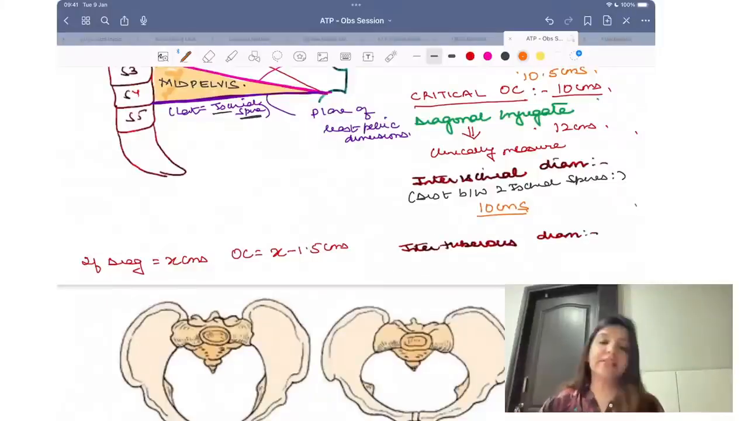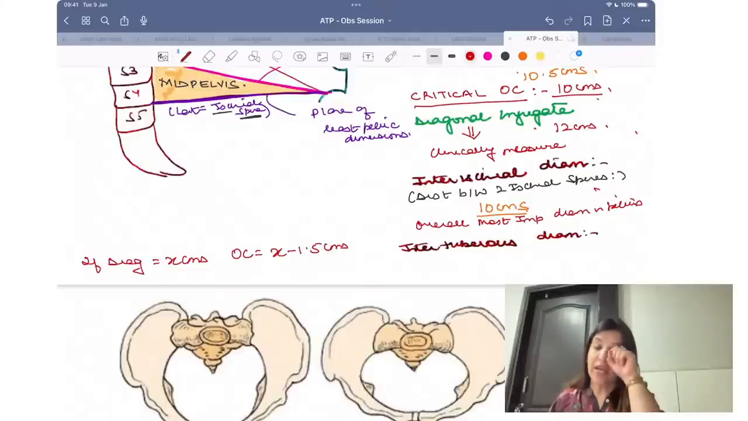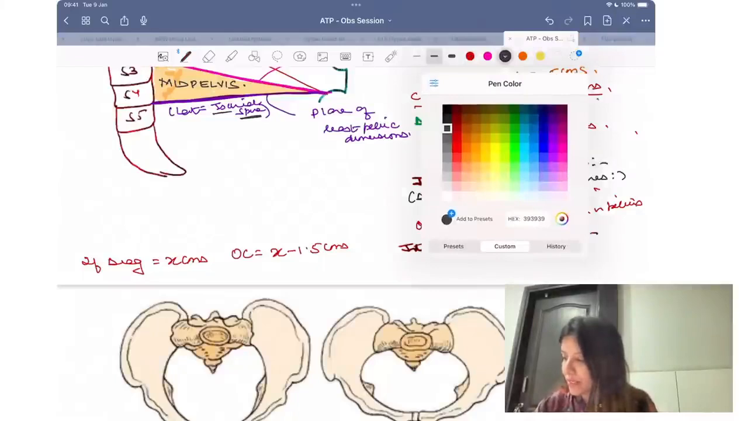And so, interischial diameter: they ask you what is the overall most important diameter in the pelvis. The overall most important diameter in the pelvis is the interischial diameter. Okay? Now, the last thing which I want all of you to remember is,